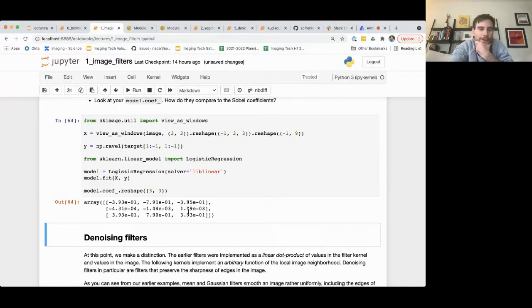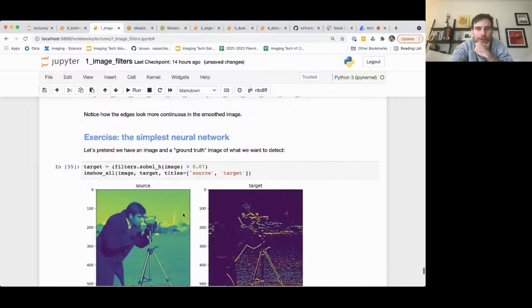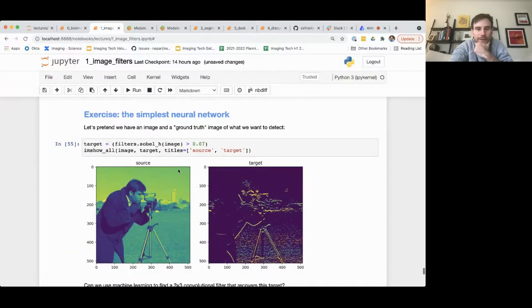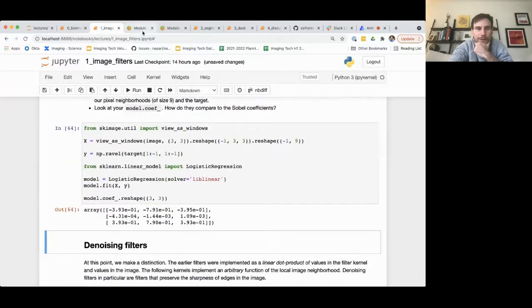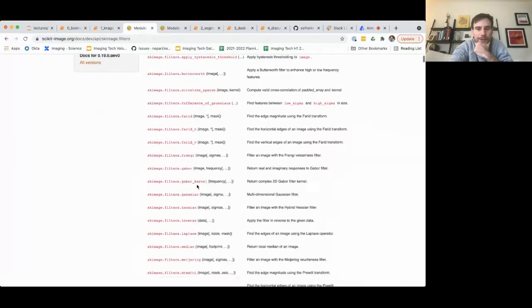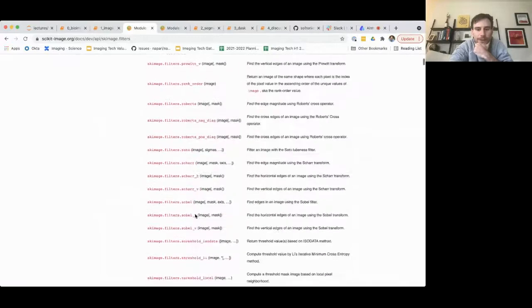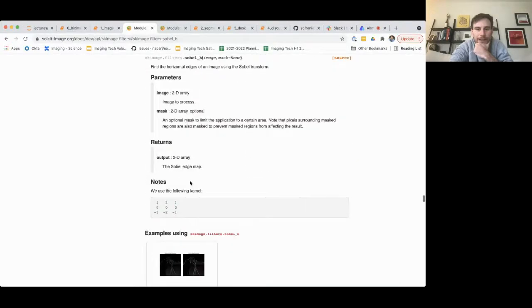Okay. So what were we trying to get? So what would you think would happen? So we were looking at the Sobel H filter, and so if we think about the coefficients for the Sobel H, let's come down here. Sobel H. Okay, so that's 1, 2, 1, 0, 0, 0, -1, -2, -1. So that is a horizontal edge filter, and